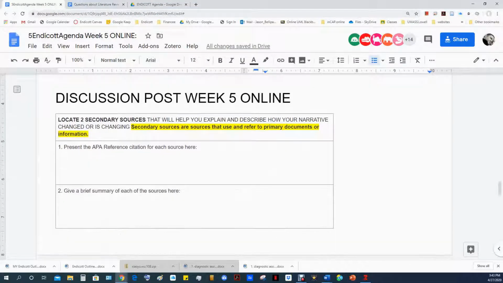So next we have the discussion post for week 5. This is where you're going to list your 2 secondary sources. So you're going to find 2 secondary sources. Again, it's a source that uses primary information somehow, but it analyzes it, right? It analyzes it, summarizes it. It does stuff to it. It doesn't just present it. So you're going to find 2 secondary sources that will help you explain how your narrative has changed or is